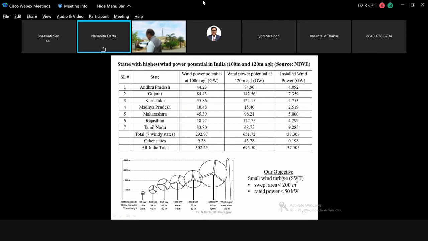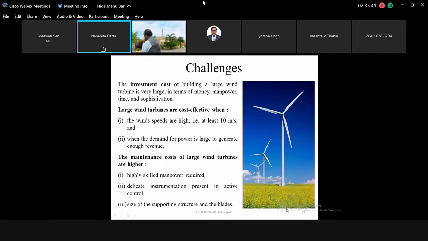Now, a small wind turbine will be defined as a machine with a swept area less than 200 square meters and a rated power less than 50 kilowatts. So now the challenges that come here for large wind turbines. Large wind turbines are still growing in our country. They are not so much as